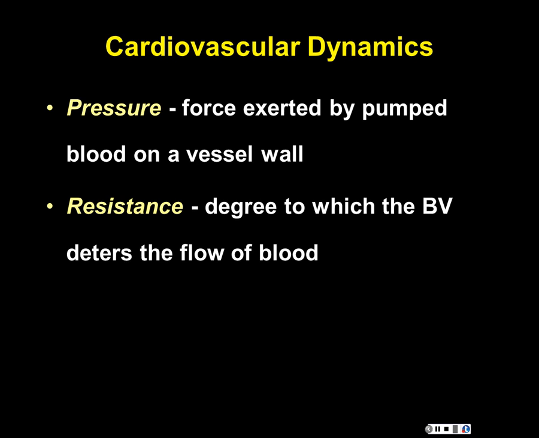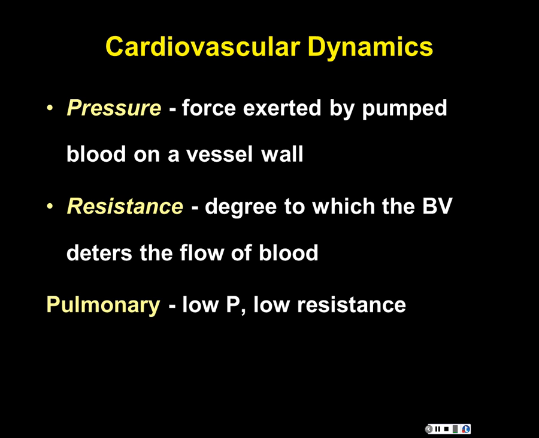But right now we'll say blood pressure is just force measured in millimeters of mercury, and resistance is any type of hindrance or opposition to the flow of blood. If we were to really oversimplify the two systems, we'll learn that the pulmonary circuit actually has lower pressure when contrasted to the systemic circuit and lower resistance factors. So in other words, it doesn't take a whole lot of work to propel the blood to what? Where's it going? It doesn't take a lot of work to pump the blood to the lungs,